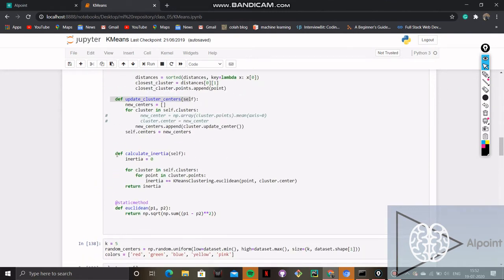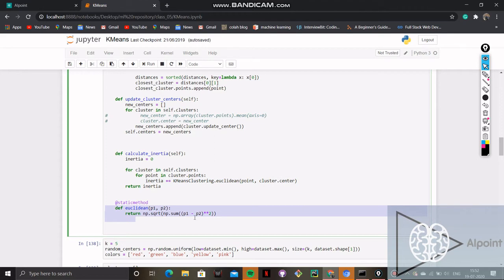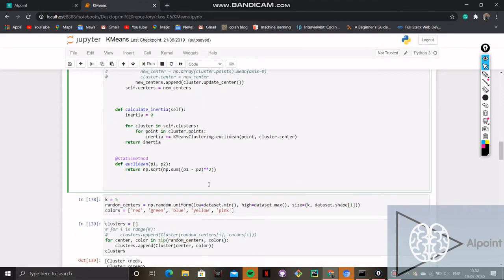For inertias we are taking Euclidean distance. And what is Euclidean distance? It is nothing but the Pythagoras theorem in 2D. It takes the data points and sums the differences between the centroid we have taken initially and the data point.